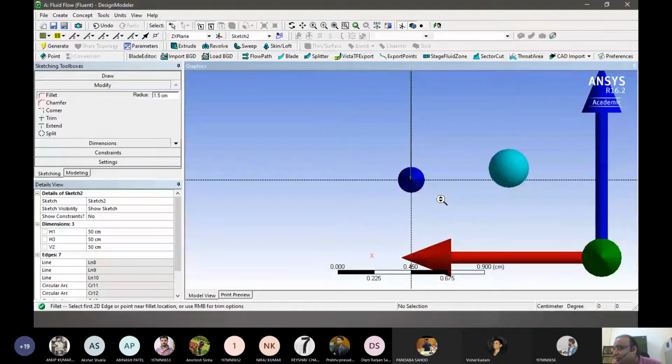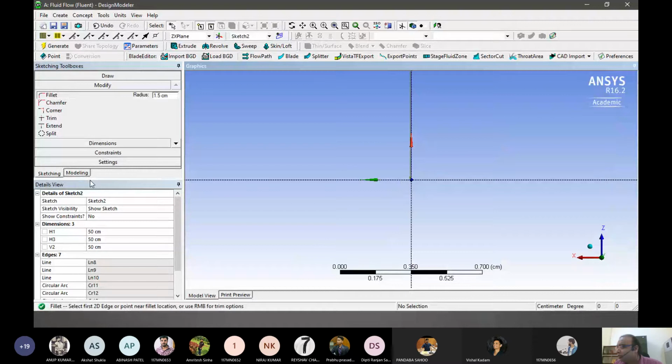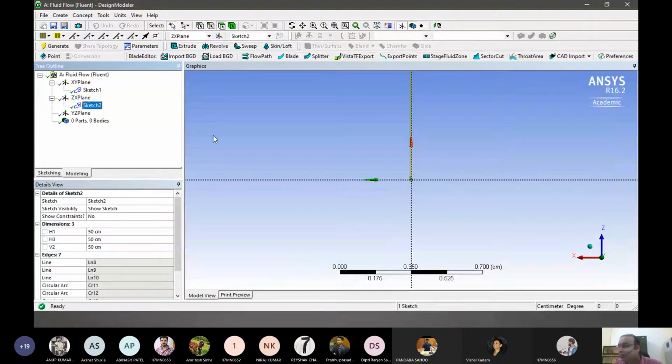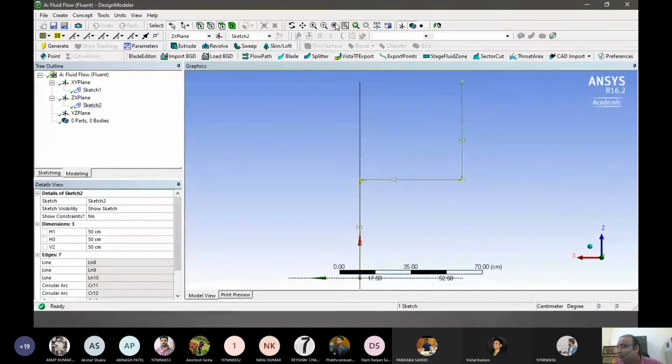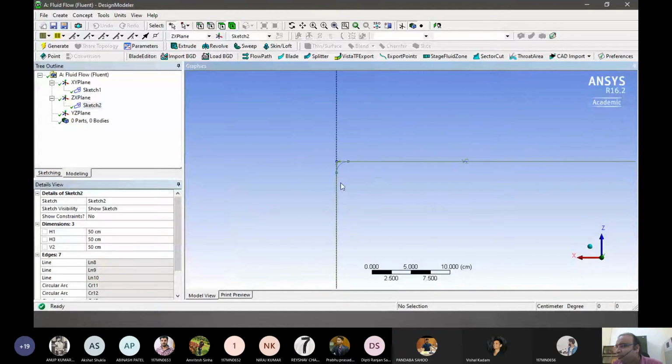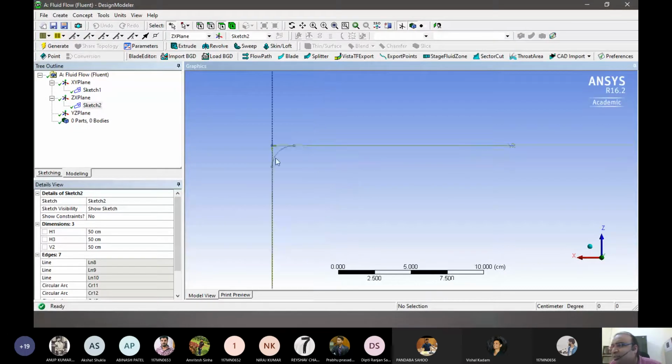So the bend has been made. Same thing we have to do at the other end as well. Again modify, doing the same thing. Do this, select this, select this. It didn't work. What happened? Okay, so we made it smoother.